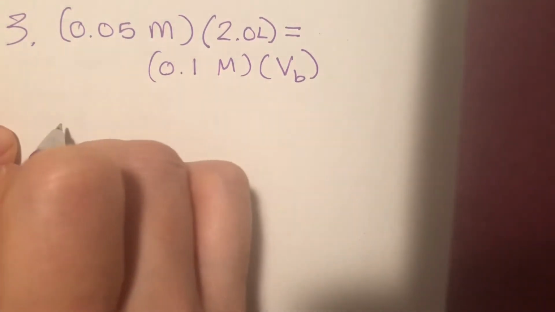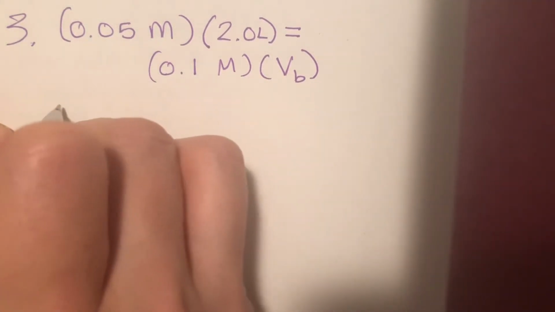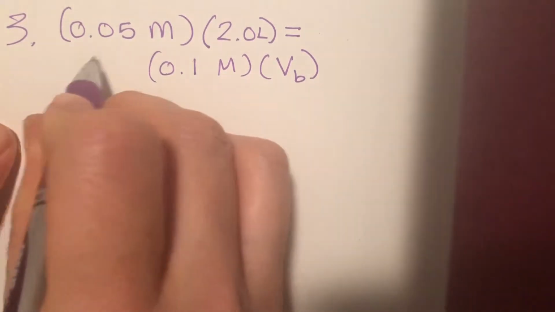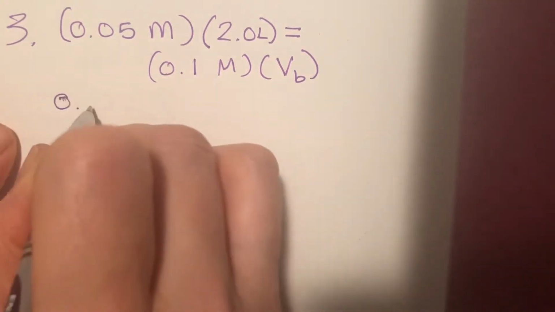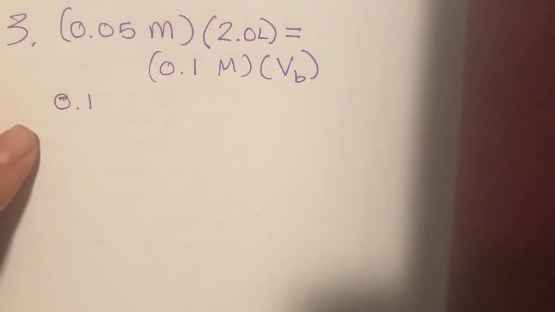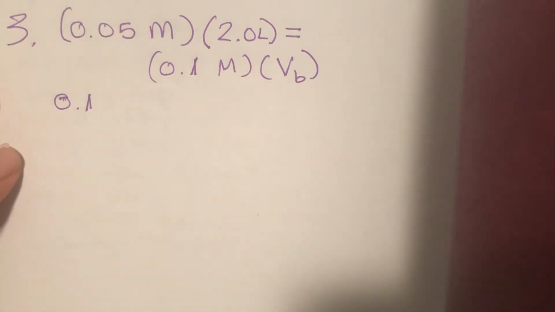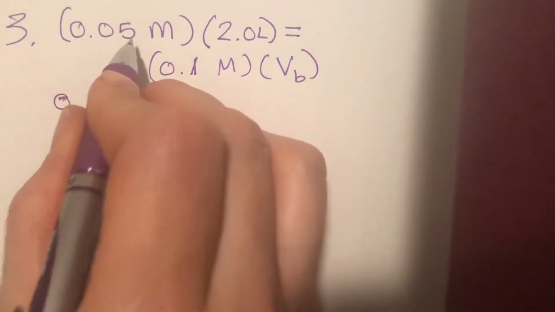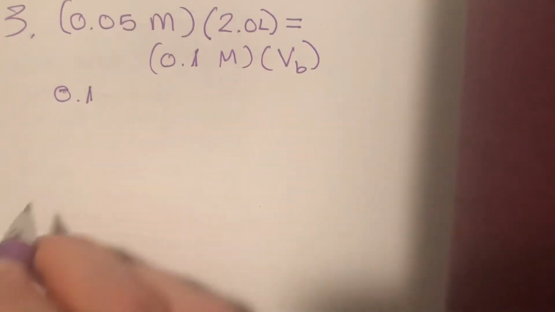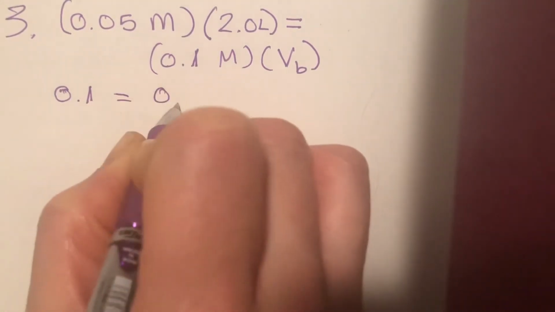So if I need to isolate this variable, I need to do 0.05 times 2, which is 0.1. I almost started writing a German one. We can write a German one or an American one. I'll turn it into an American one, or German one, excuse me. So 0.05 times 2 is 0.1. I did that in my head. And we got 0.1